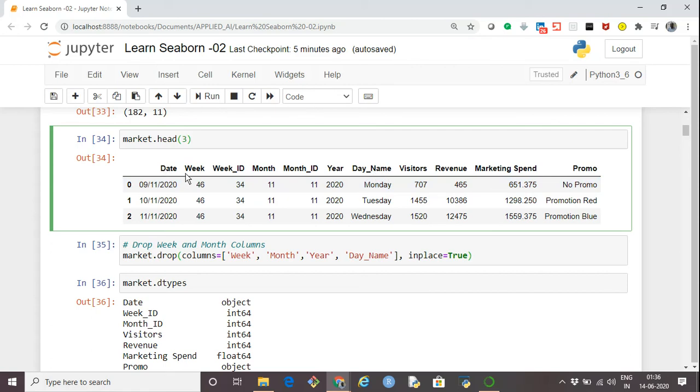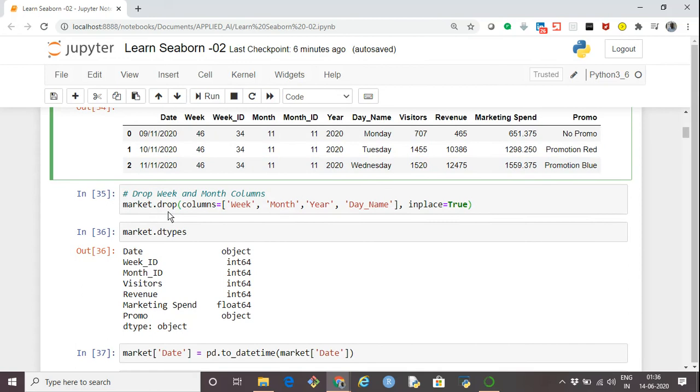So we don't necessarily need to store these columns; we can drop them, and whenever we need, we can simply use the date column to find the week, month, year, or day of the week. So I'm dropping these columns: market.drop, and in columns I'm specifying the list of columns to drop: week, month, year, day name, with inplace equals True. It means the changes should take place within the data frame.